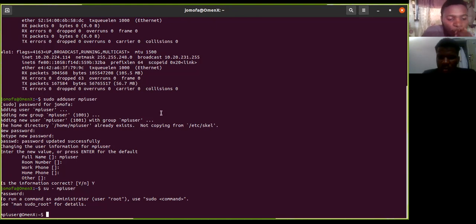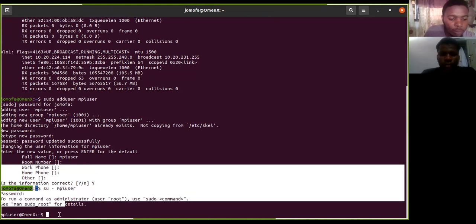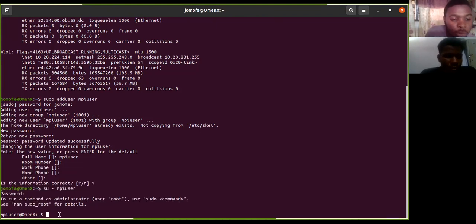Okay. In doing so, I have to get into my partner's PC to check whether there is also a known host in its account. So in doing so, I'll have to use the command SSH. Since OpenSSH server is already installed on my PC, I have to use the command SSH and its IP, which is